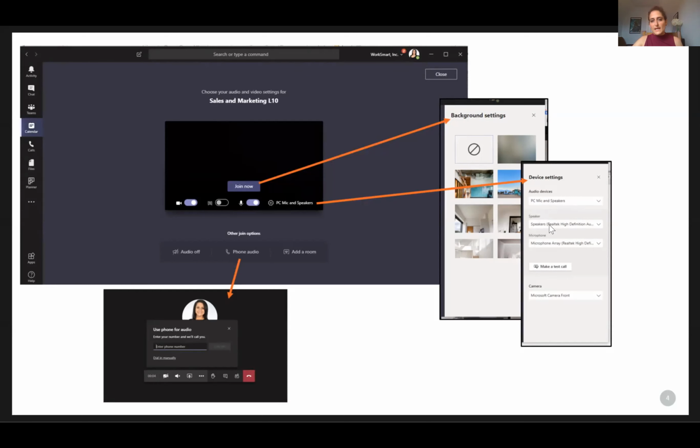These things can also be accessed while you're in the meeting, in the call, but just to give you familiarity with the beginning. The phone audio, I like to point out to people because sometimes our computers don't have the greatest audio capacity, especially if you need a microphone. So if you wanted to join with your computer for the content, but you wanted to use your phone for the audio, you can hit this phone audio button, and it'll pop up this menu here that allows you